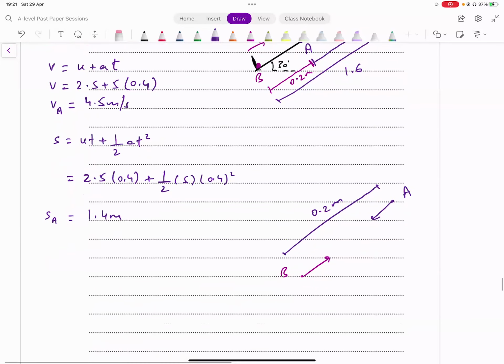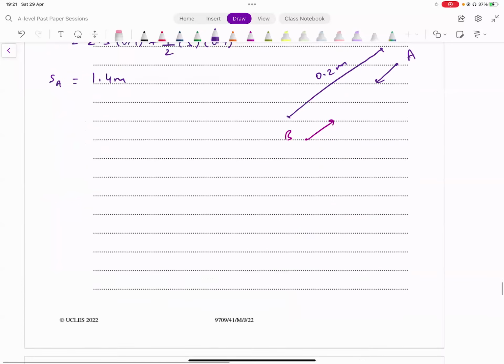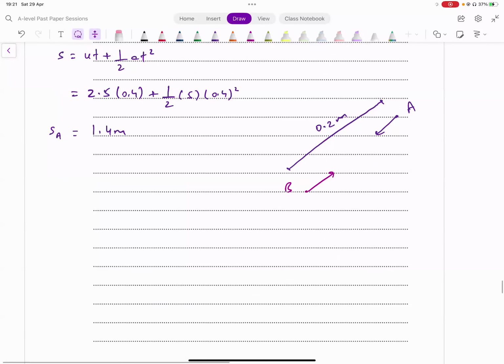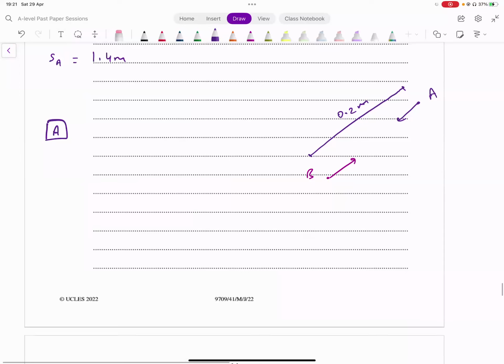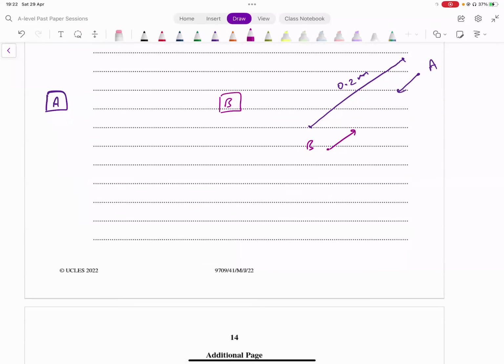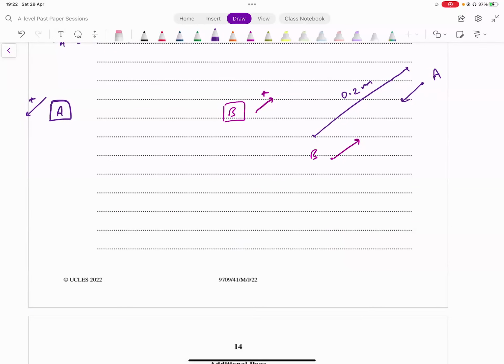Okay, now what do we know about A for this part of the journey? अब ये वाला part consider करें journey का। ठीक है, इसमें हमें A के बारे में क्या पता है और B के बारे में क्या पता है? अब देखिए B ऊपर को जा रहा है, A नीचे को आ रहा है। काइनेमेटिक्स में हम जिस डायरेक्शन में ऑब्जेक्ट मूव कर रहे हैं उसी डायरेक्शन में पॉजिटिव ले सकते हैं। तो B के लिए ऊपर वाली डायरेक्शन पॉजिटिव ले लें, A के लिए नीचे वाली पॉजिटिव ले लें। ठीक है, क्योंकि A नीचे को आ रहा है, B ऊपर को जा रहा है।